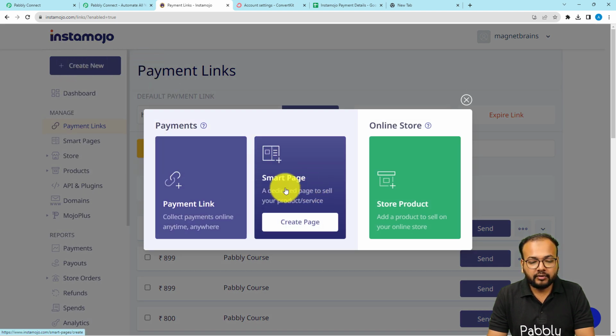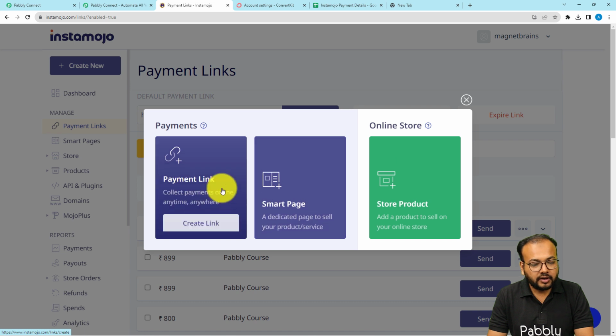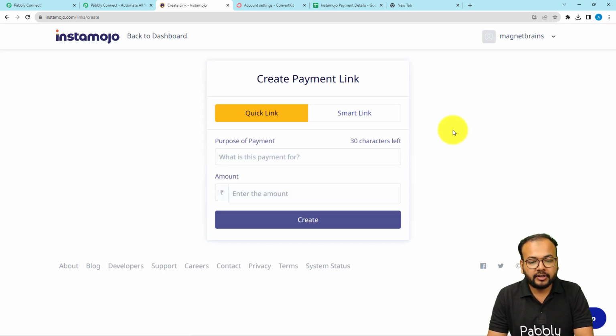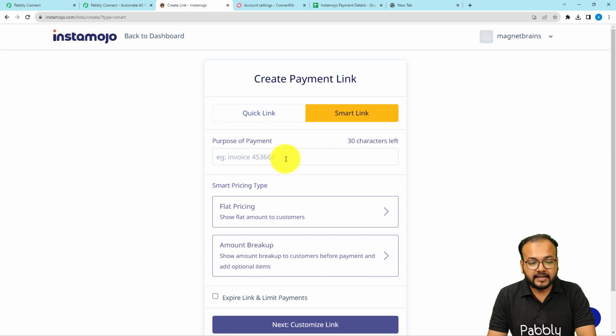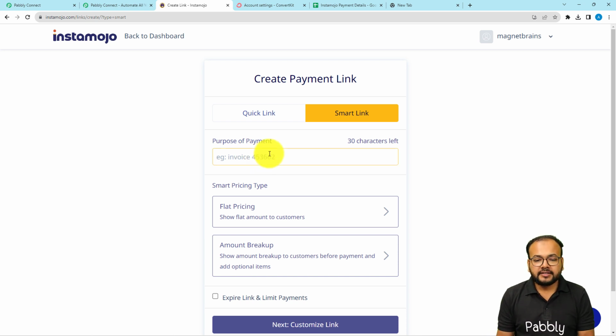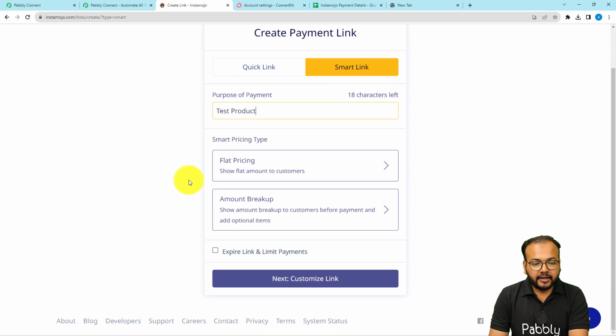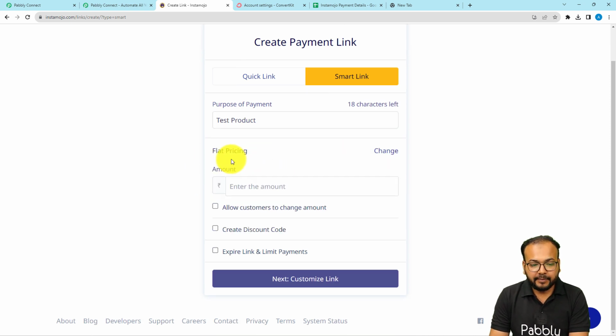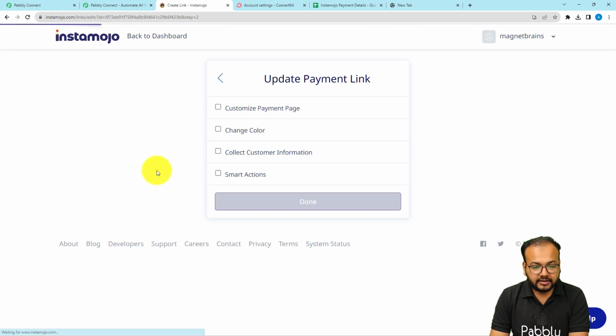Here it will show you if you want to create a smart page or a store product or a payment link. I'm just going to use the payment link option, and here I'm going to choose this smart link option. Okay, and here it is asking the purpose of the payment. So let's say you're selling any product. So I'm just going to put here the name of the product. Let's say test. Here I'm going to choose the pricing type as flat pricing. Okay, and here you can enter any amount. I'm entering 10 rupees. Okay, and here you can click on this customize link option after that, and here it